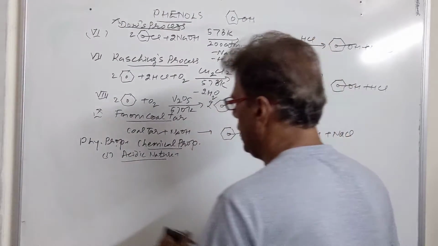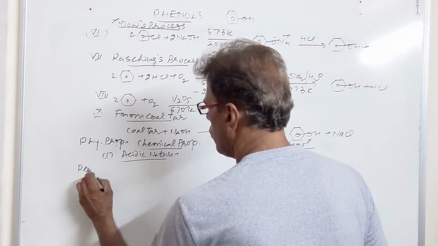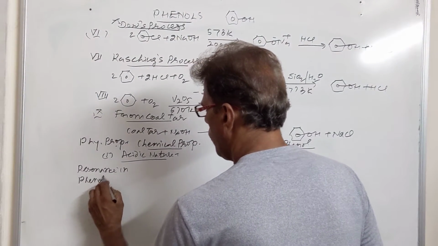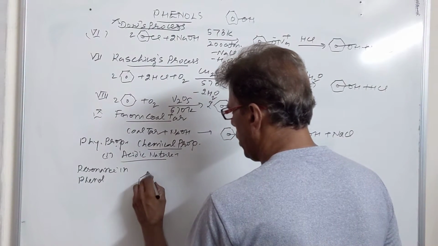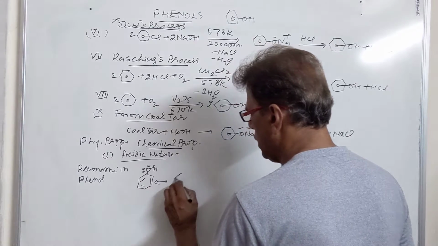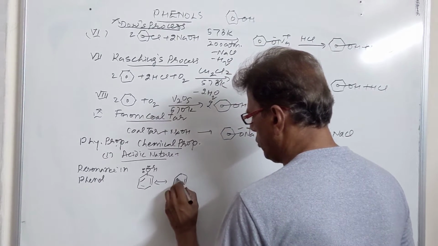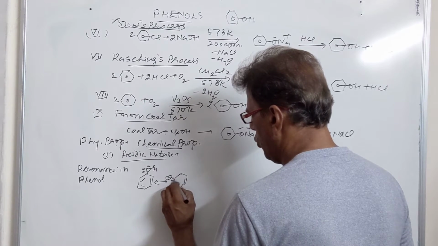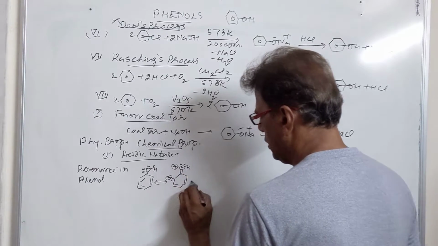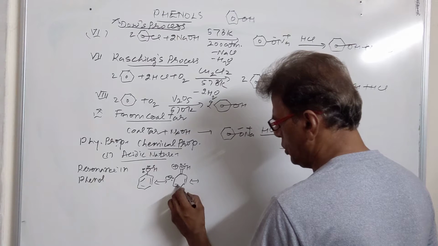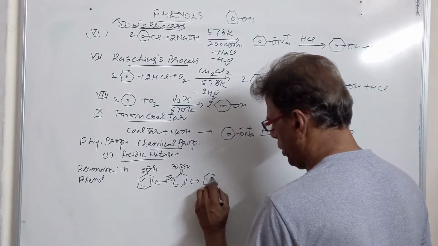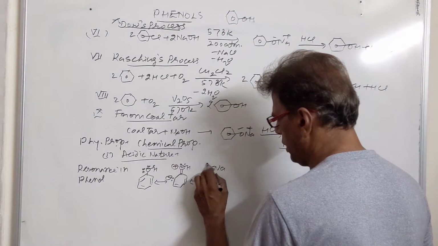So first of all, we see the resonance in phenol. Since oxygen has two lone pairs of electrons, out of these two lone pairs, one lone pair will enter the benzene ring, that is called resonance. When a lone pair is in conjugation with a double bond, it will always enter into resonance. This lone pair then comes to this position, at the para position we are having the lone pair. So this is our next resonating structure.